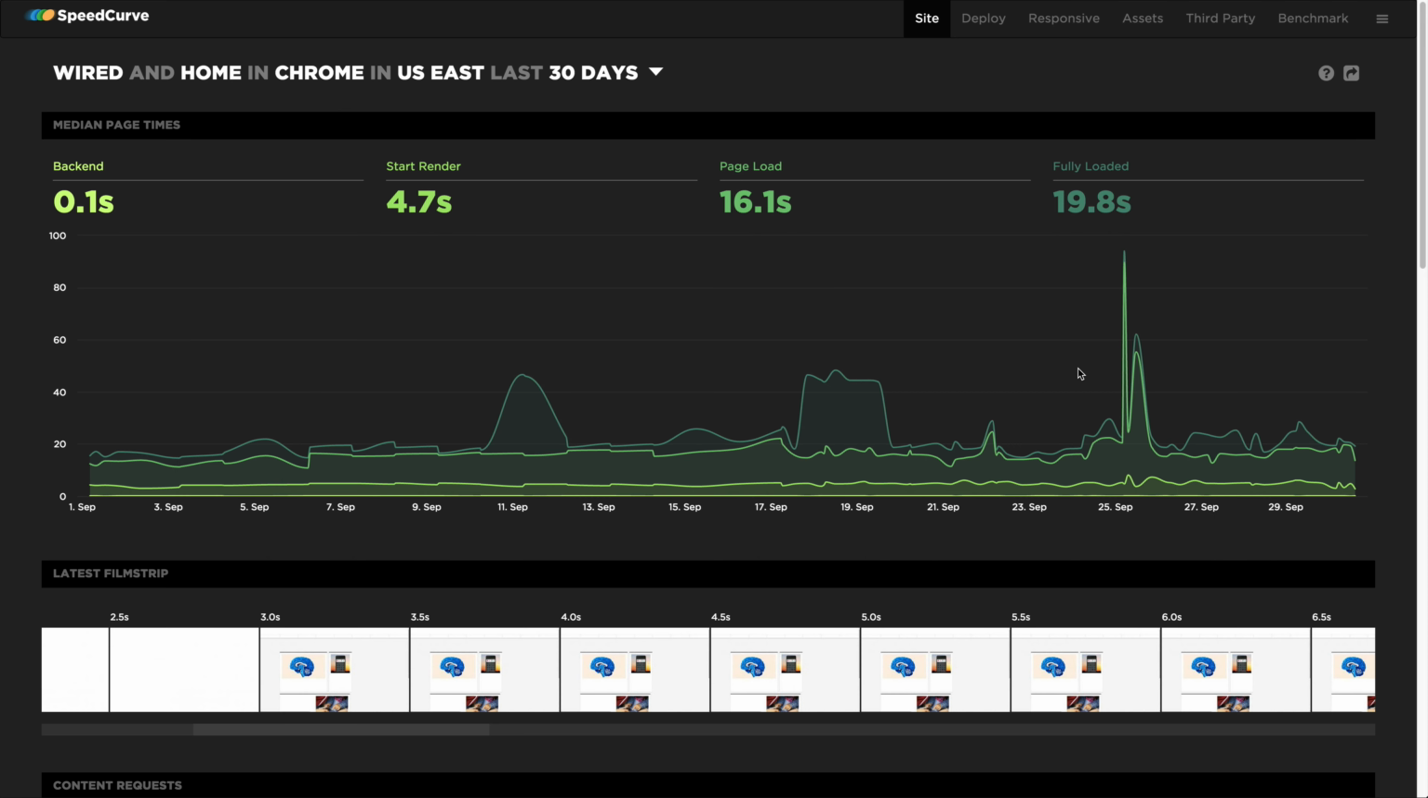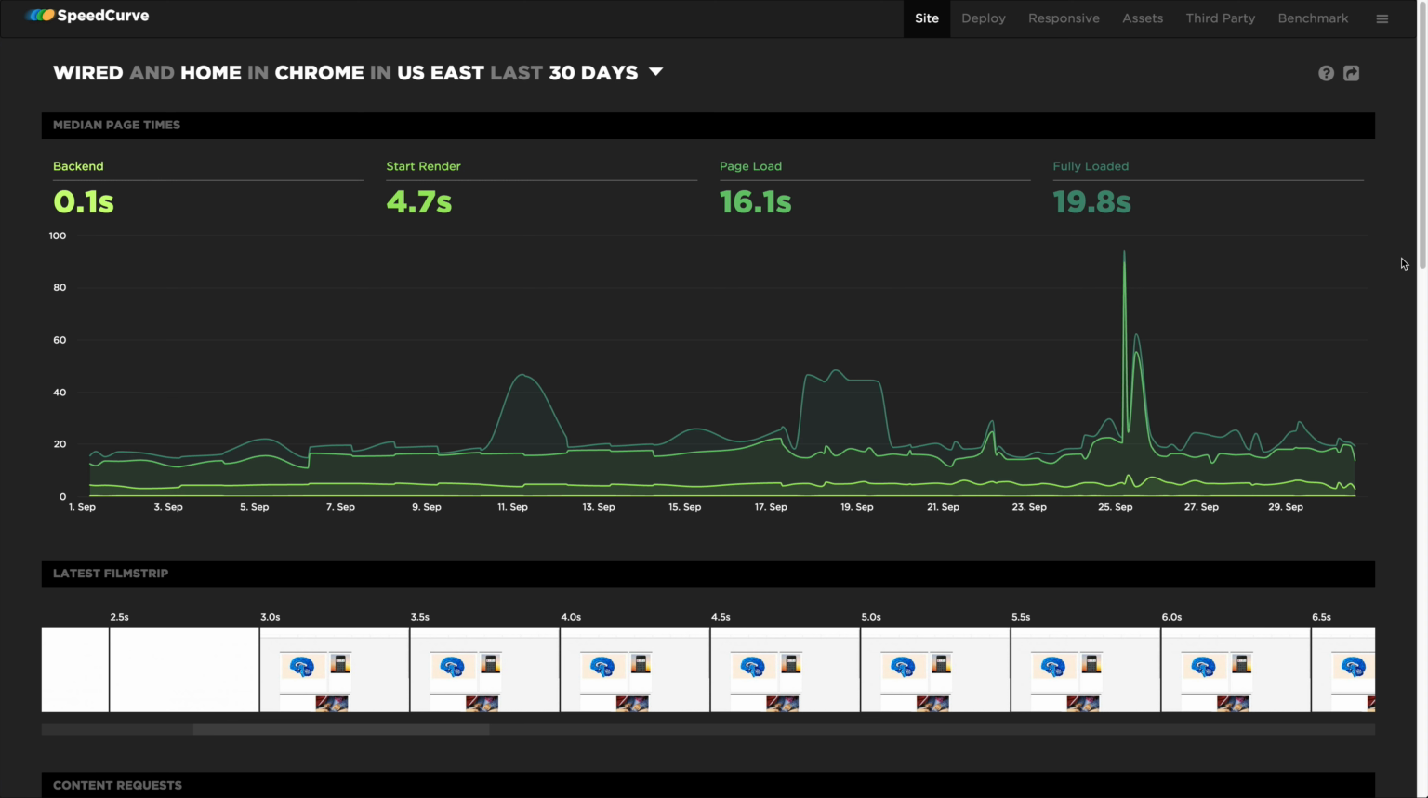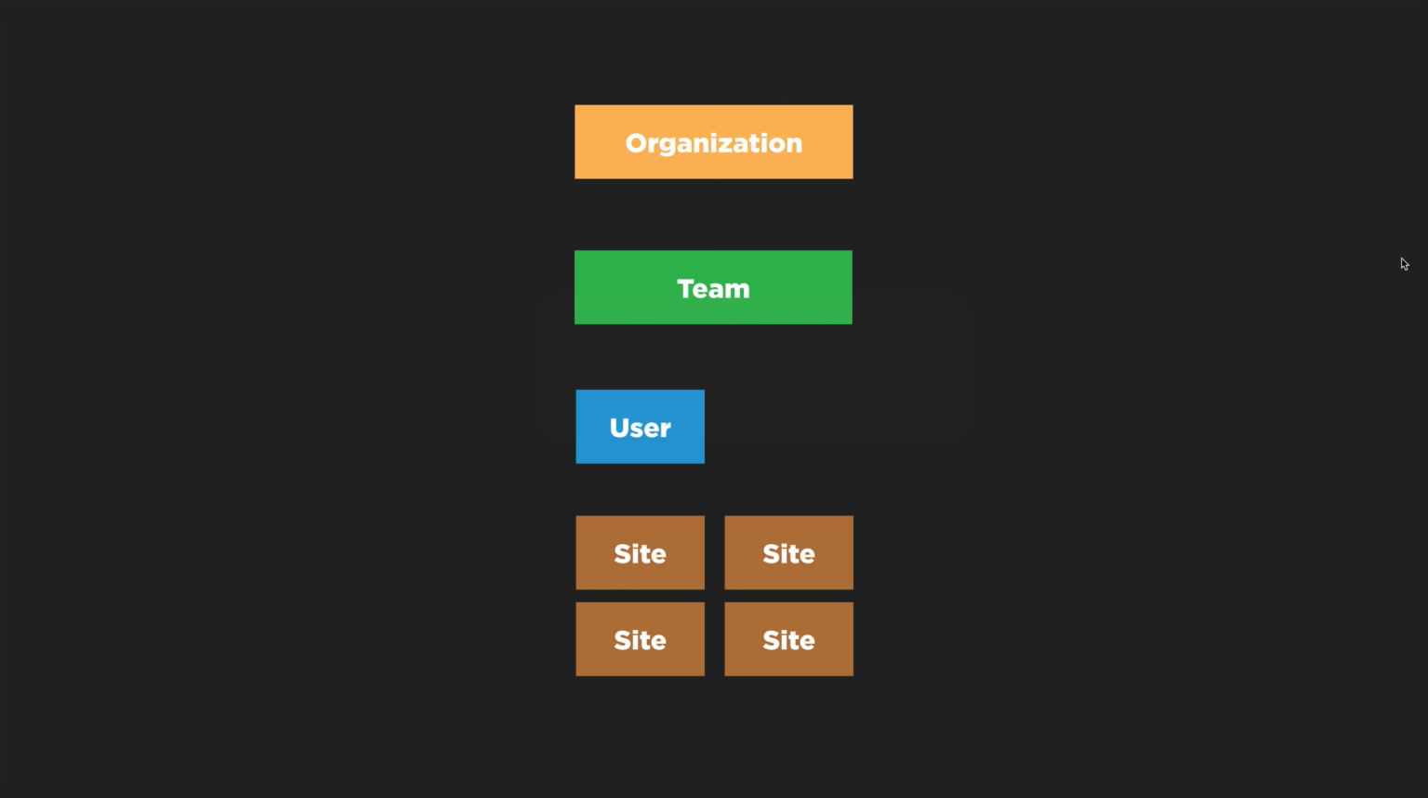When you upgrade to the new Enterprise plan, you'll notice that you now have some new options in the main navigation. Up here we see that we now have Team, Admin, and your name for a new profile section. So just before we dive into each of these, let's take a look at the new structure for the SpeedCurve